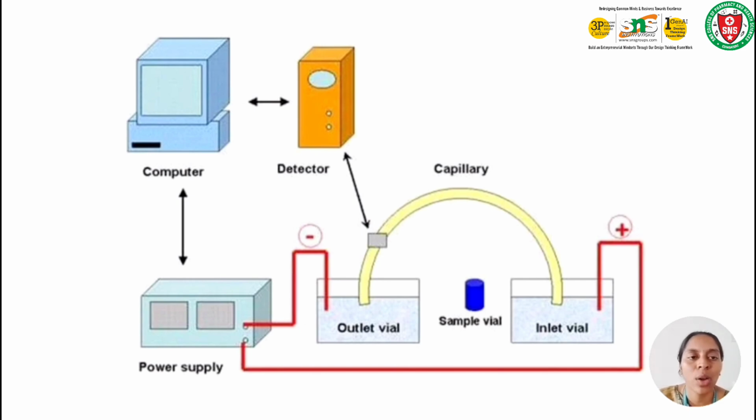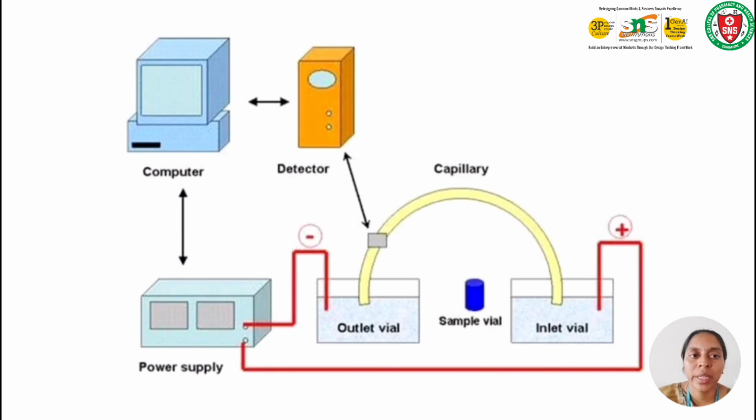The inlet vial and outlet vial are kept inside the buffer solution. If we apply an electrical supply, the buffer solution will start flowing inside the capillary tube. In the middle of that, we have to remove the capillary end from the inlet vial and keep it in the sample vial to introduce the sample into the system. Based on their migration and other factors such as size, charge and viscosity, the sample components will be separated,